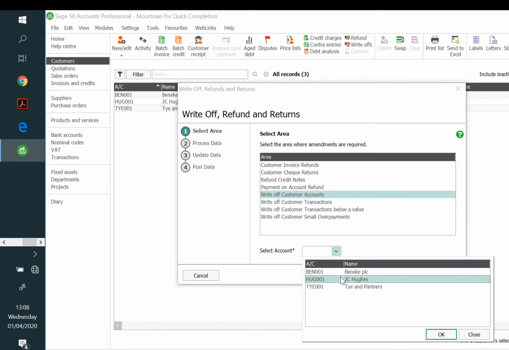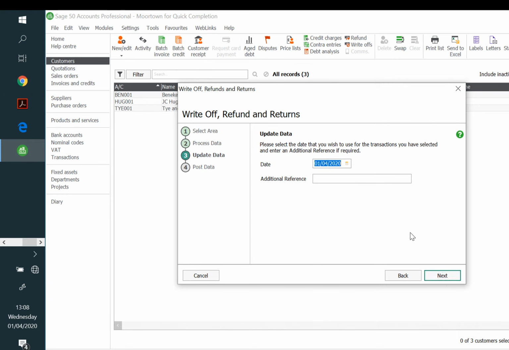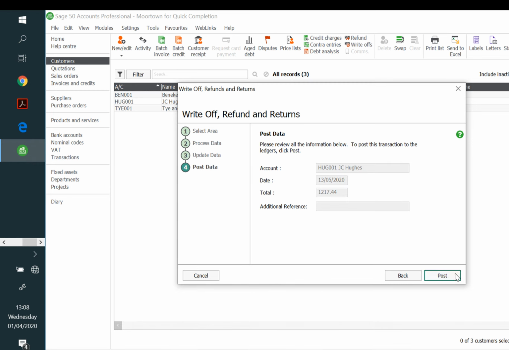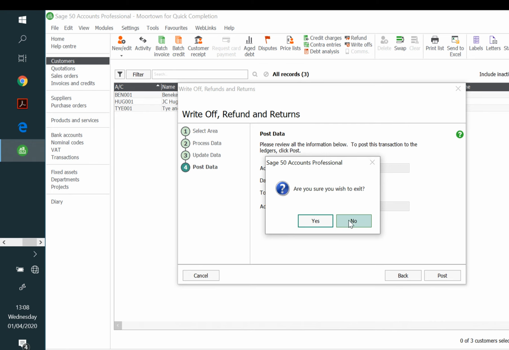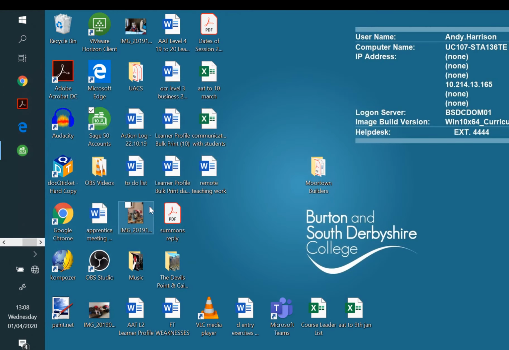So if it wrote off queues, I'm not going to actually, well, I might as well do it. Actually, I've finished. Date, of course, would be sometime in May. Post, that would write off an account. Yes, I'm not going to actually do it. Credit charges, contras, a customer and a supplier, or a refund would be there. So in theory, those might come up in the exams. What else can we tell you to guide you? Well,